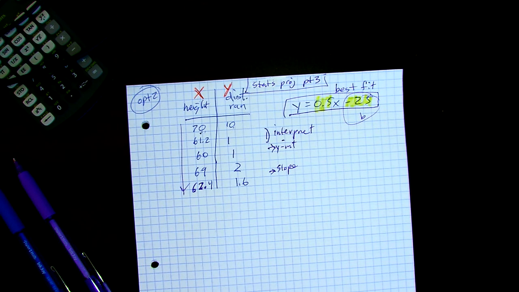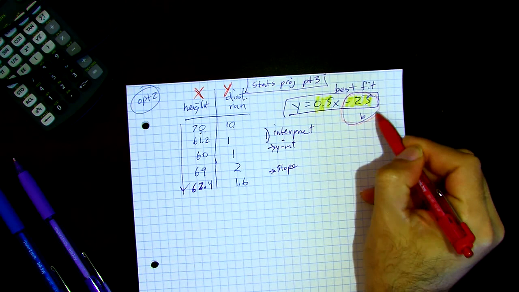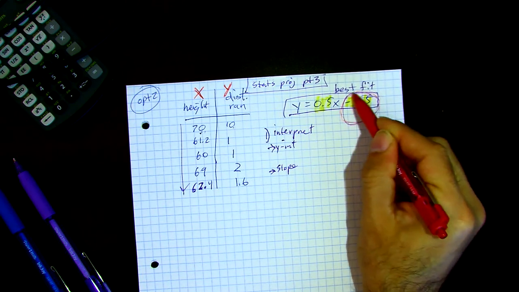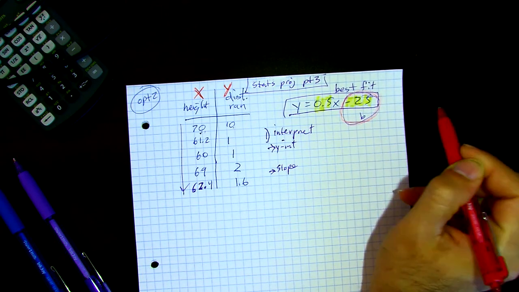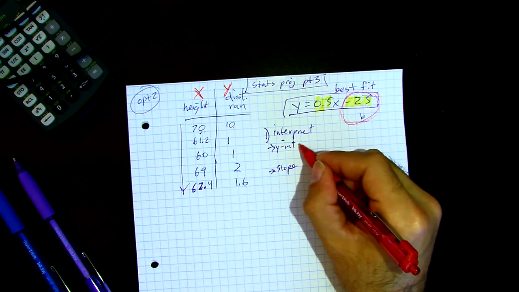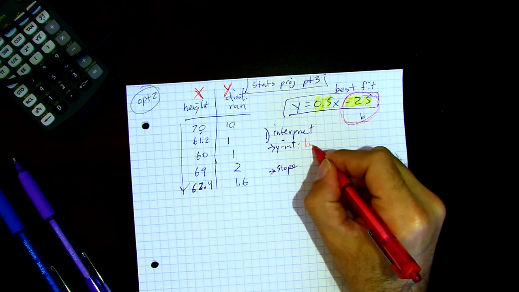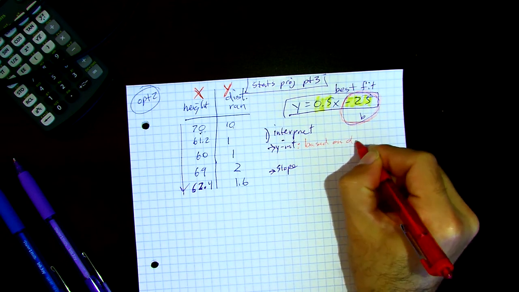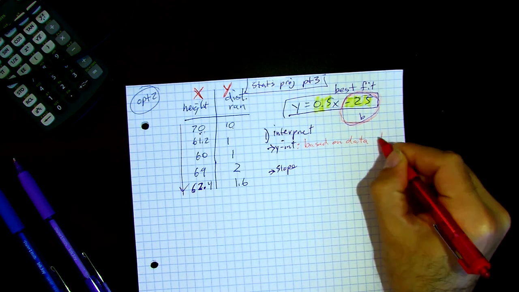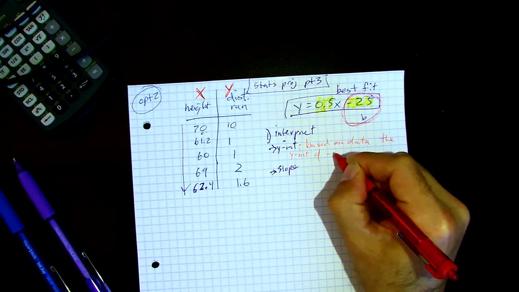So in this case, our scenario does not make sense, or at least the best fit line, our y-intercept, does not have a reasonable interpretation. That's okay. I can put that. Okay. So let's see. Based on data, the y-intercept of negative 25